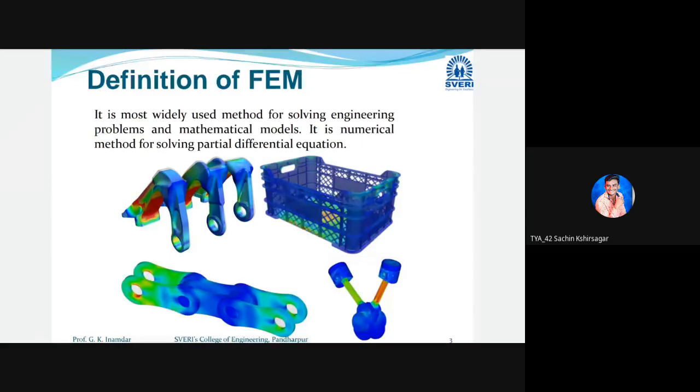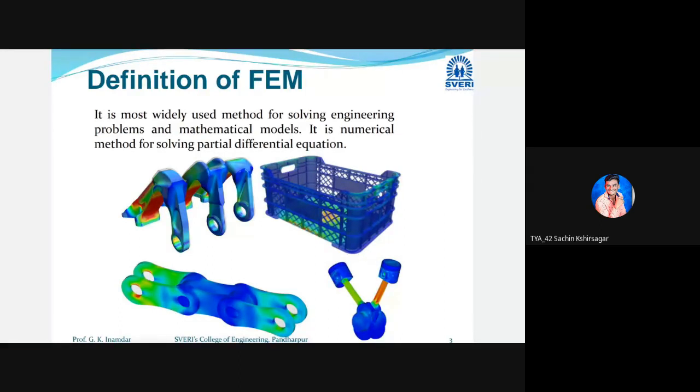Now what is the analysis? And here different color coding is used. Now what is the meaning of that color? This is the importance and this is the theory part of the FEM software. Whenever you enter the software, you can't directly start the analysis. But before that, you should know the different color coding and the visualization, that theoretical part.